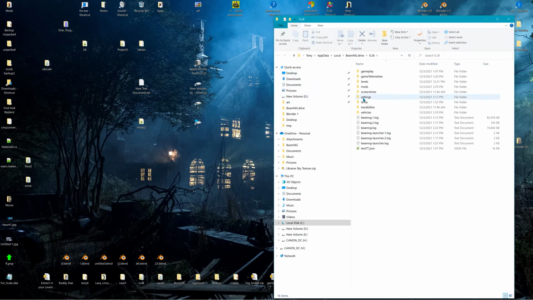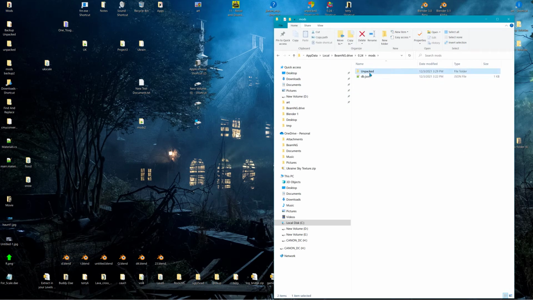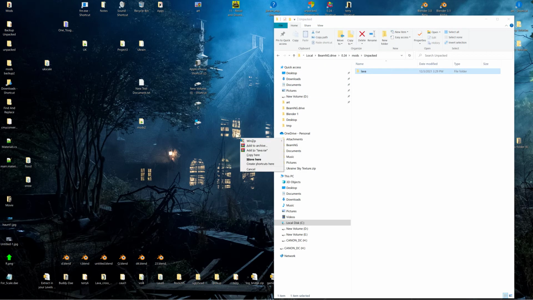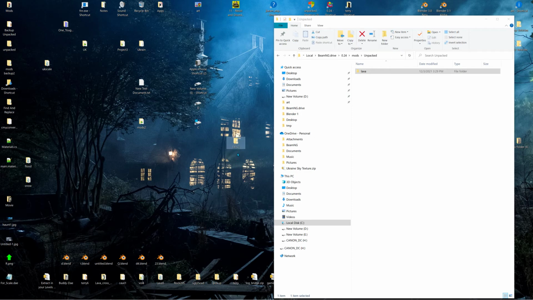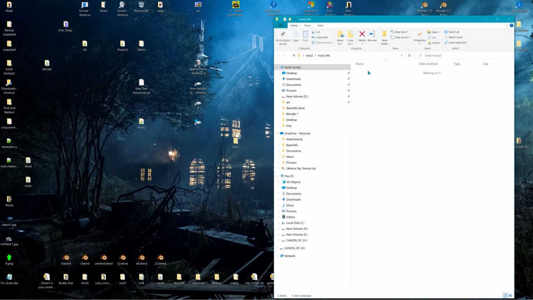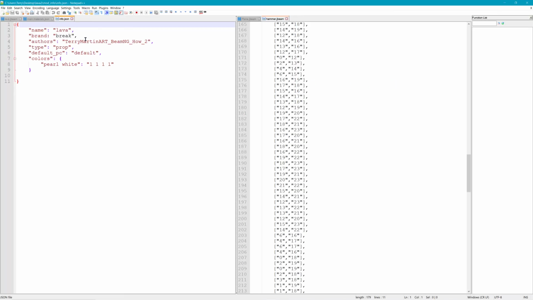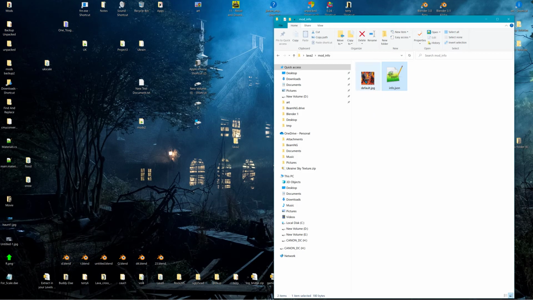I'll go to my mods, because I'm just taking the other mod, Lava, and I'm just gonna rename it and make it the same. I mean, I'm gonna use all the stuff in here. I'm just gonna rename it Lava2 for a different mod. Now I'll just have to change the mod info so that it's got Lava2 instead of Lava. That's how you do a mod fast,